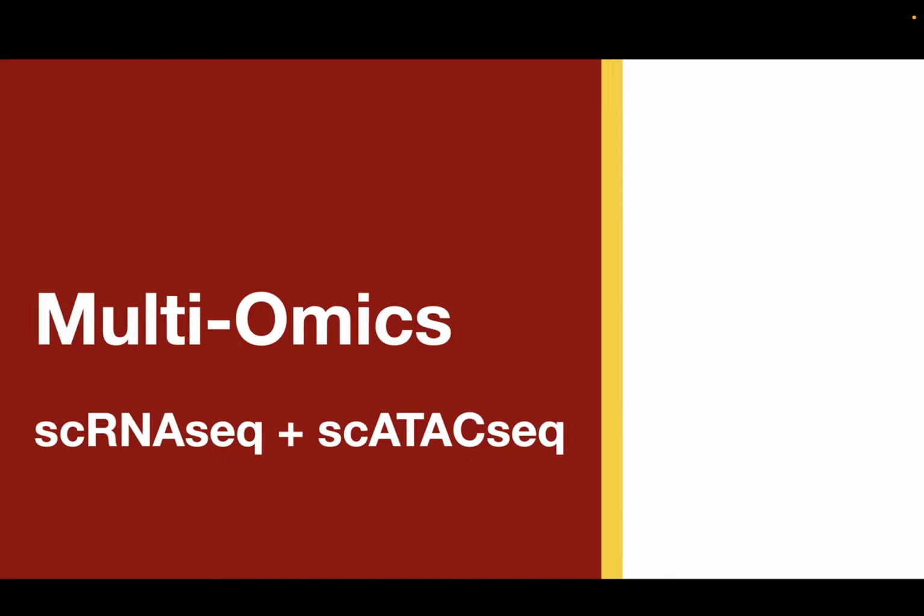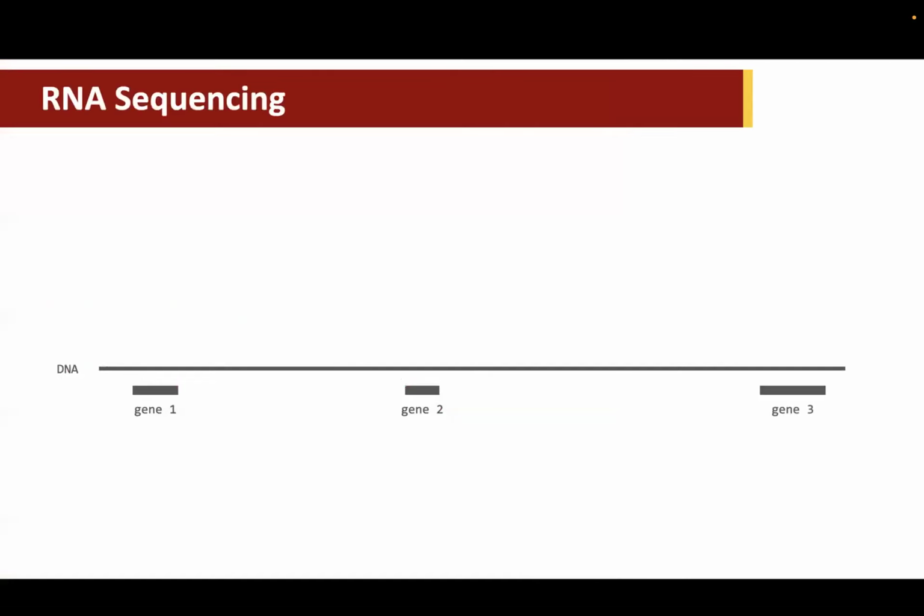All right, so let's talk about multiomics, and specifically, I'm going to talk about single-cell RNA-seq plus ATAC-seq. ATAC-seq is something really cool that I'm gonna talk about in a minute. First of all, RNA sequencing. RNA sequencing is a relatively new technology, maybe the past 30 years, but essentially we can read RNA from cells. This is through a combination of chemistry and microfluidics and magic, and I don't really understand it, but